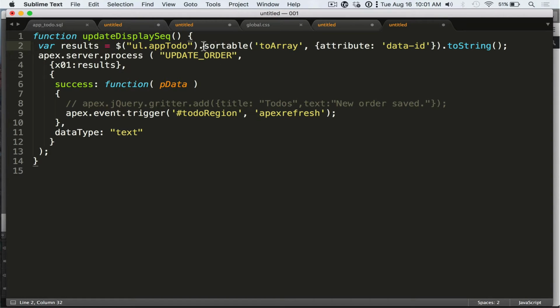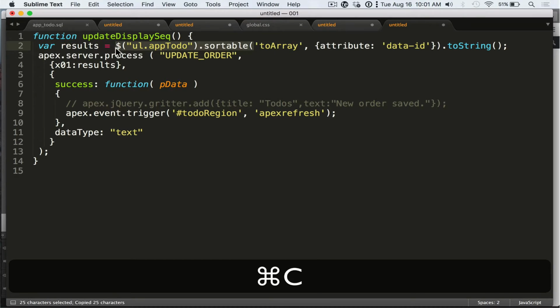We're going to call this built-in jQuery UI function with the parameter of toArray. toArray is the function within sortable, and it's going to return an array of our sortable elements. So let's just run this on its own